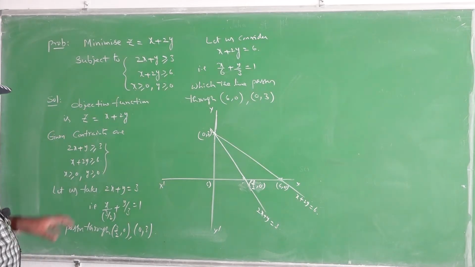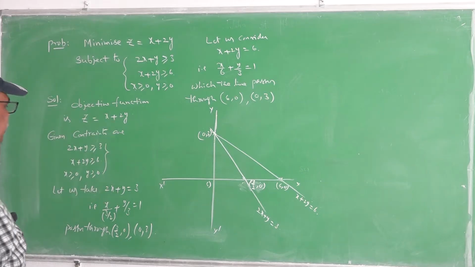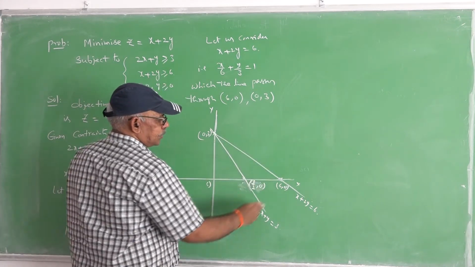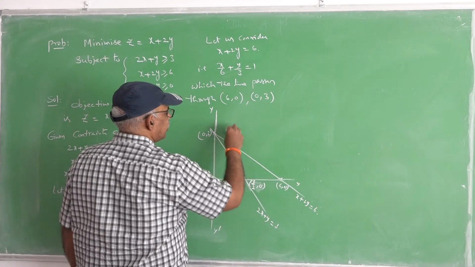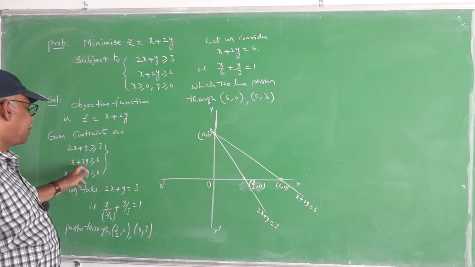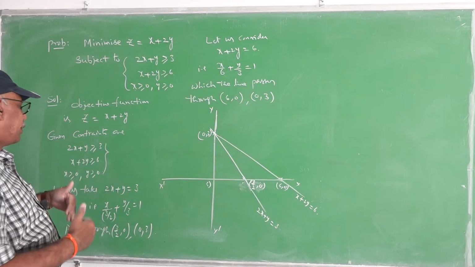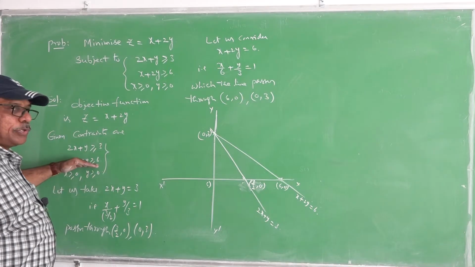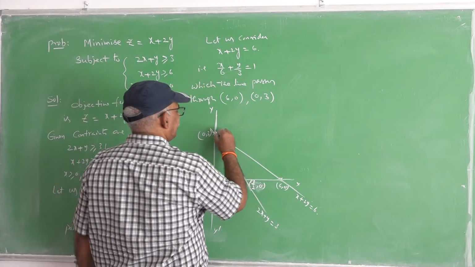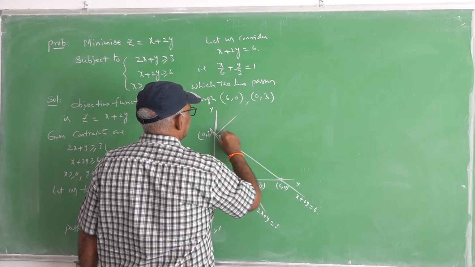Now the region in the first quadrant which satisfies these two conditions: 2x plus y is greater than or equal to 3 means the above area. Similarly, x plus 2y greater than or equal to 6 means above area. Once you put 0, 0, 0 is not greater than or equal to 6, so 0, 0 is out of the possible solutions of this inequality. So the possible solutions of inequality are this region, the common region. This is the region.